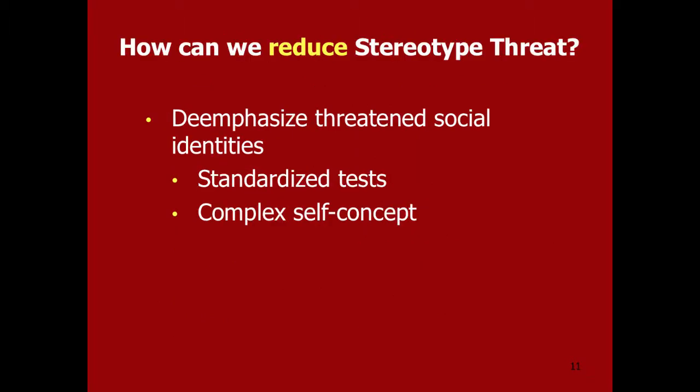One way to reduce it is to think of ourselves as a whole person, to de-emphasize the social identity that is being stereotyped. For example, the young woman who is taking the SAT and is thinking of herself as a young woman who's taking a math test. She needs to realize that she's not only a young woman, that she is also a daughter or a sister or a soccer player. She may be on the honor roll or a dancer or a singer. She may be a computer whiz or a star on social media. She basically needs to think of her complex self-concept. She needs to think of herself beyond this one social identity.